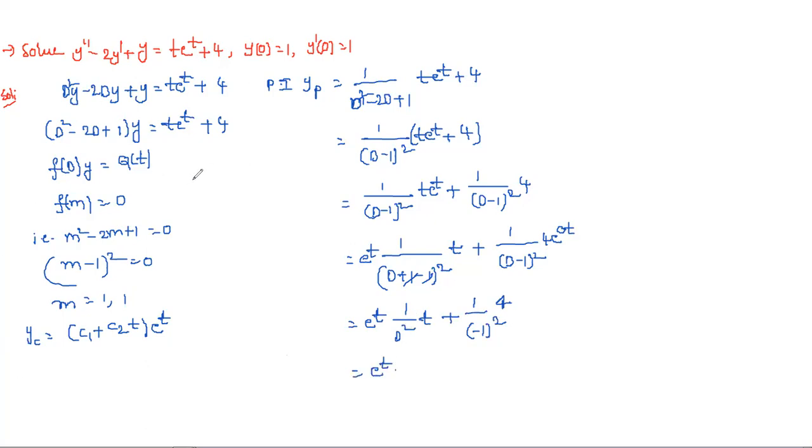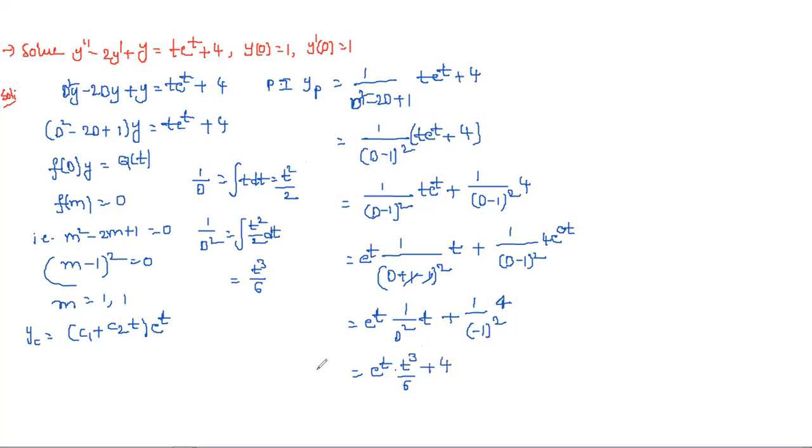So already we know that what about 1 by D? 1 by D is nothing but integral. So it means 2 times integration. If you apply 1 time integration for t, so 1 by D is nothing but integral t dt. That is nothing but what will we get? t square by 2. Again integration for this, 1 by D square is nothing but integral t square by 2 dt. So it is equal to t cube by 6. So it means what we are getting, t cube by 6, and this is nothing but plus 4.